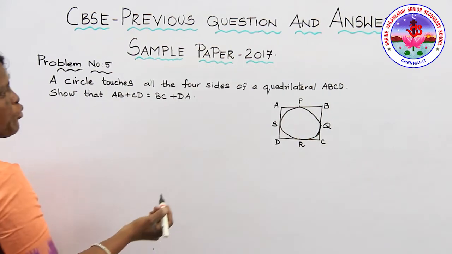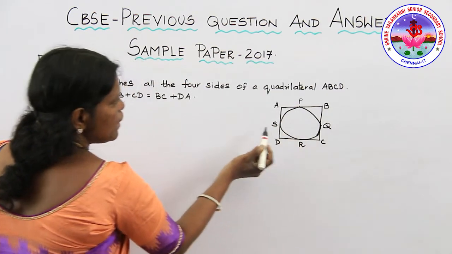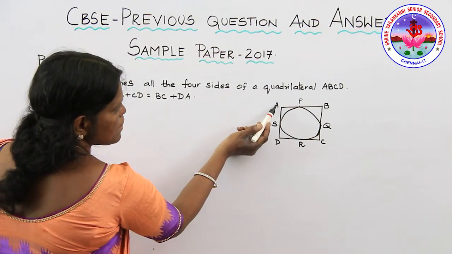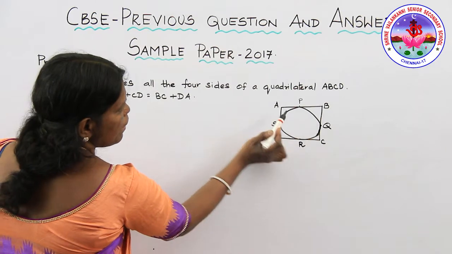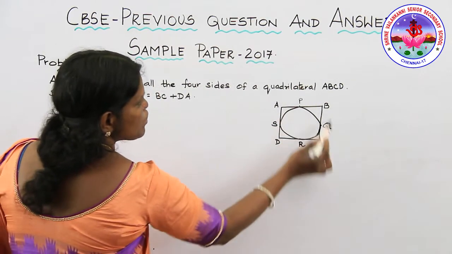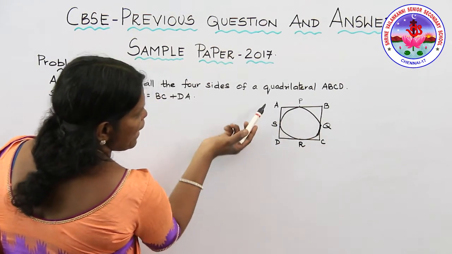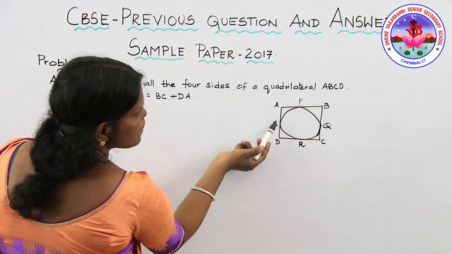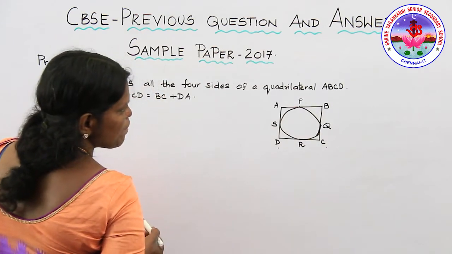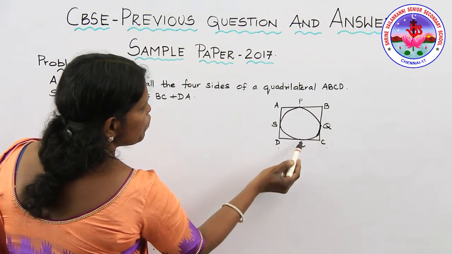So here I am going to use the tangents to a circle, since it deals with the circle and you have the external points A, B, C, D, where from the external point A we see that two lines are drawn to touch a circle. So this belongs to the tangents to a circle. I am going to use the theorem: the tangents drawn from an external point to a circle are equal. So I am going to take all the four vertices as external points, where these four vertices touch the circle at the points P, Q, R, S.